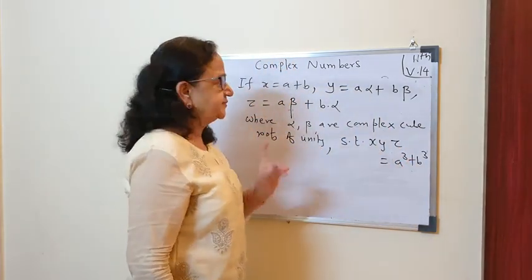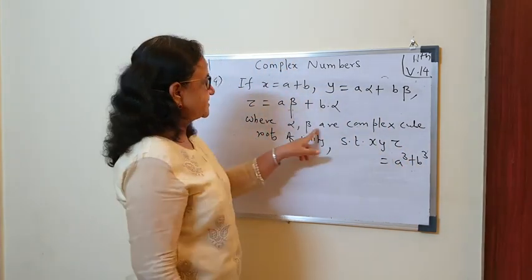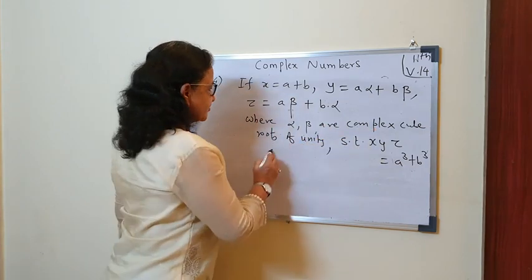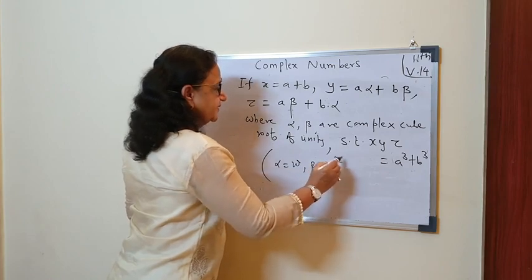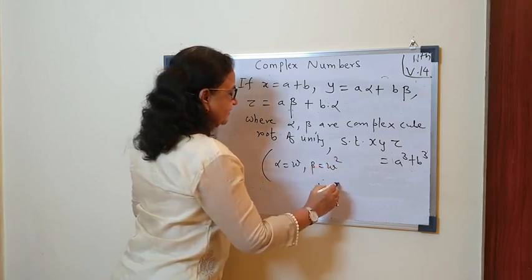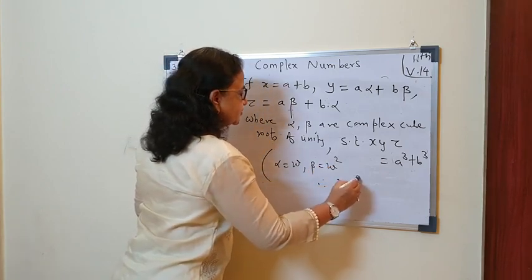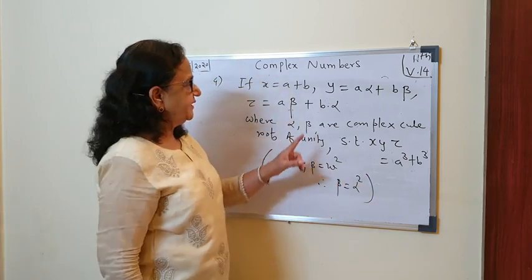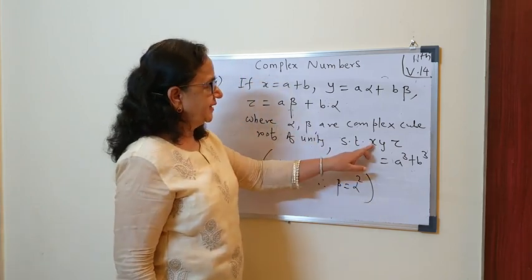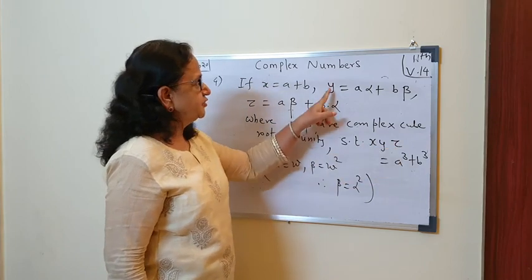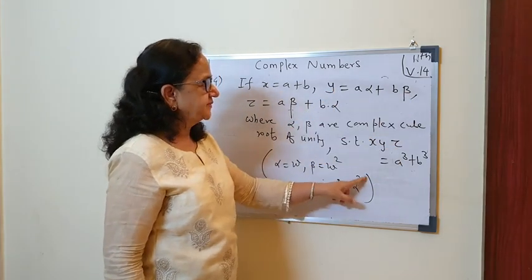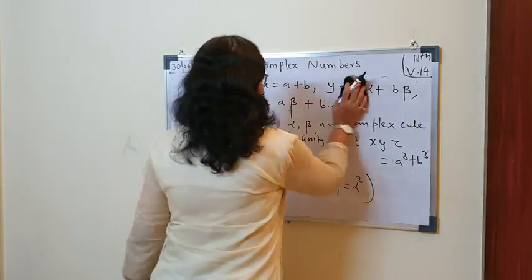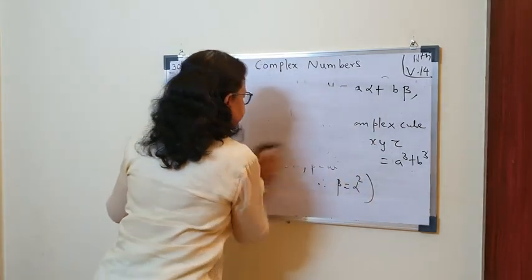Just try exactly like the previous problem. Alpha and beta same like complex cube roots of unity. So use alpha means your omega and beta is your omega square. So beta you can write as alpha square. So whenever beta comes, if you multiply x into y into z, when you substitute y, instead of beta, you can use alpha square and then try if you get this answer, okay? So this one is for your practice.